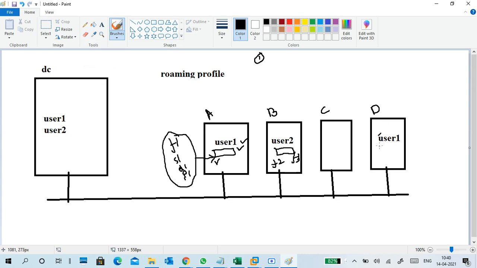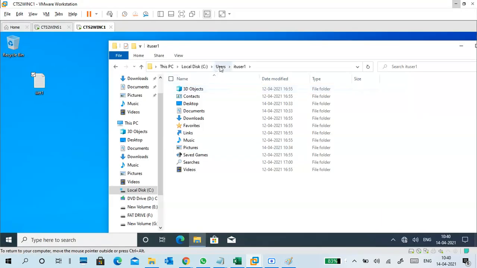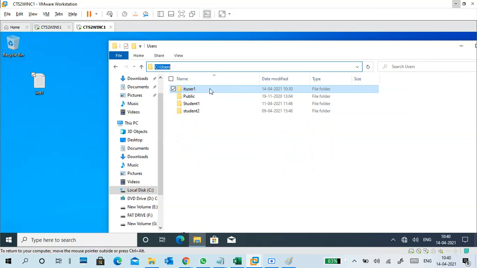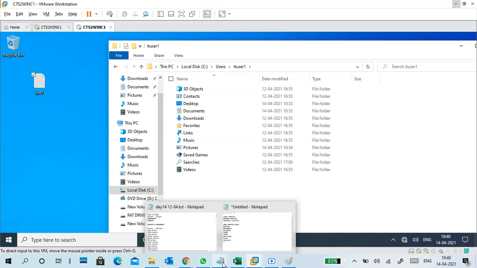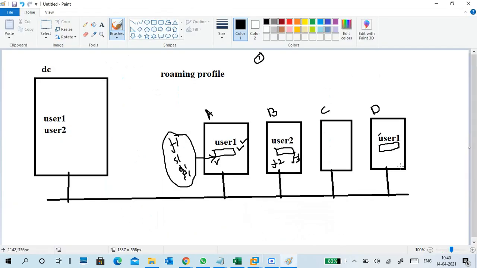Because it's the first time he logs in, automatically a fresh profile will be created, like C:\Users\user one. The same path will be shown here also.